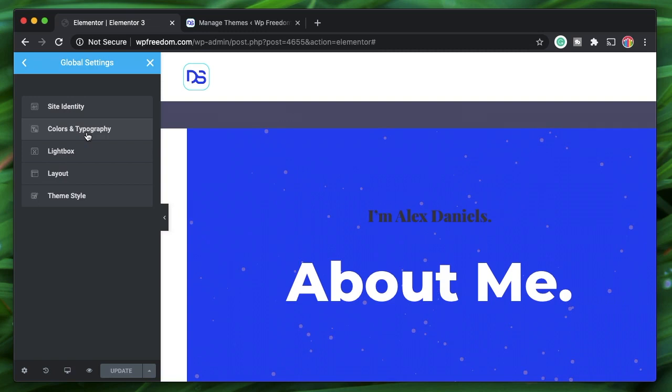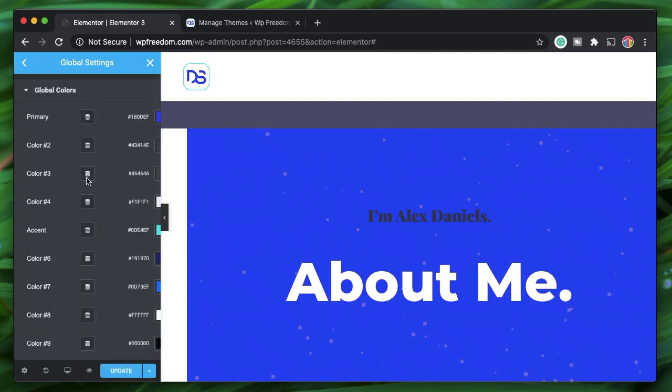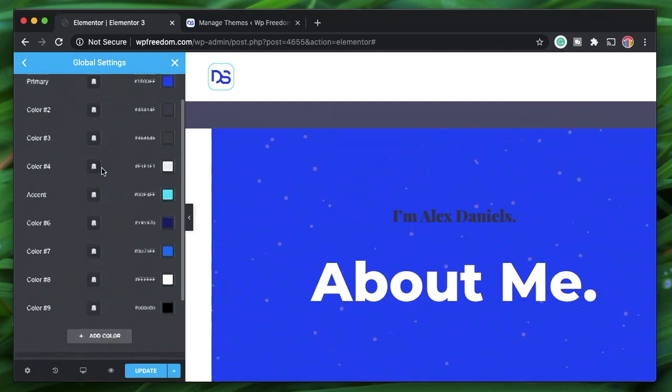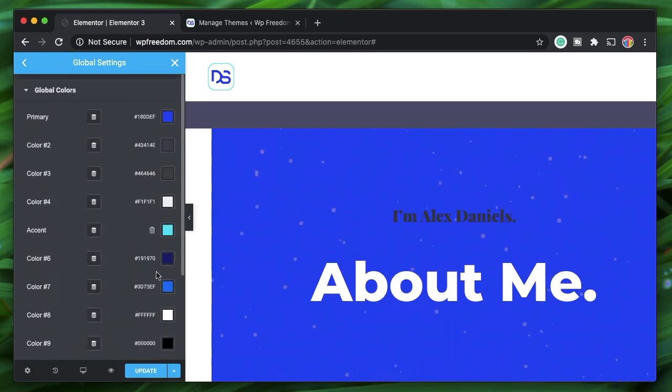Now the second thing is regarding colors and typography. This is really huge. Now I'll just stretch this a bit so you can clearly see it. Now you can add as many global colors as you want. So basically you typically add your color scheme within this and you can simply rename all these colors.